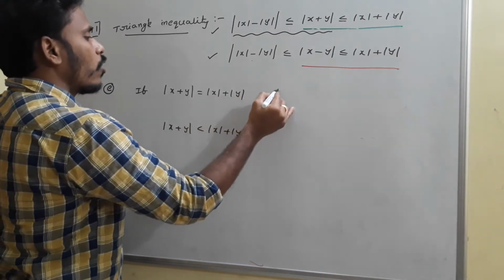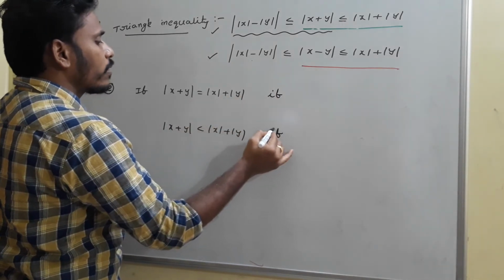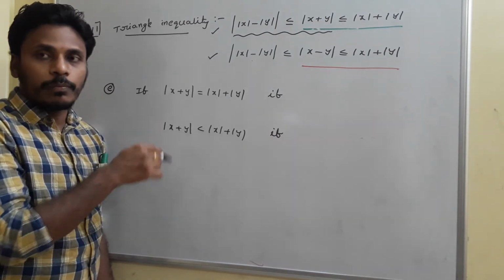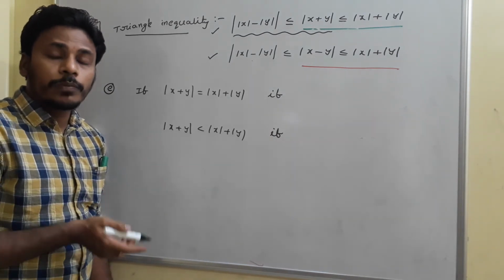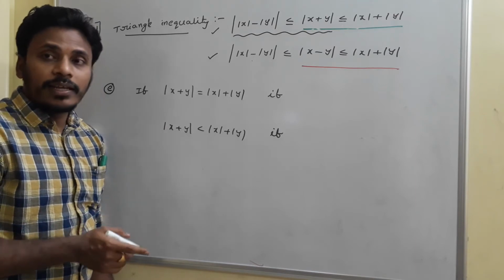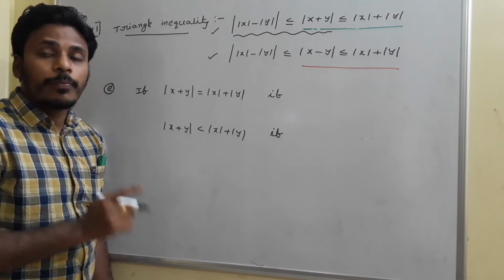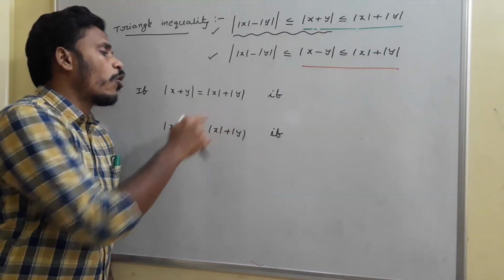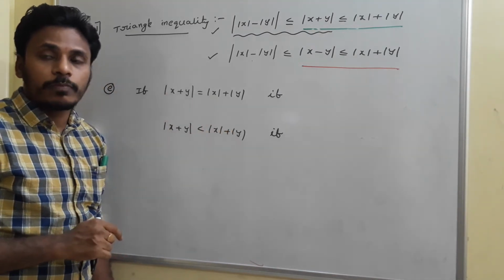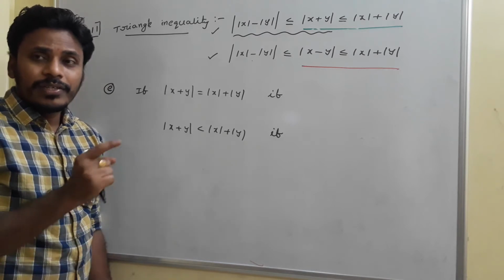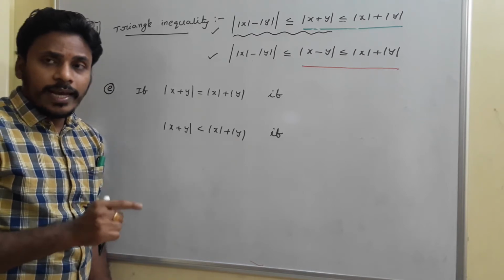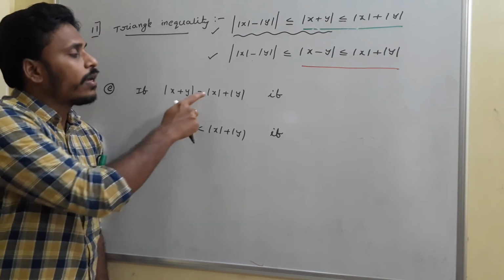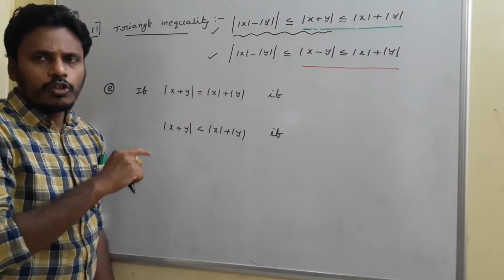Whenever it happens, if you go for that analysis, as we discussed some proofs in A, B, C, D, it is very clear that if x and y are positive, then we have |x + y| = |x| + |y|. Since x and y are positive, x + y is for sure positive, so the left side is x + y, the right side is also x + y, so both are equal.